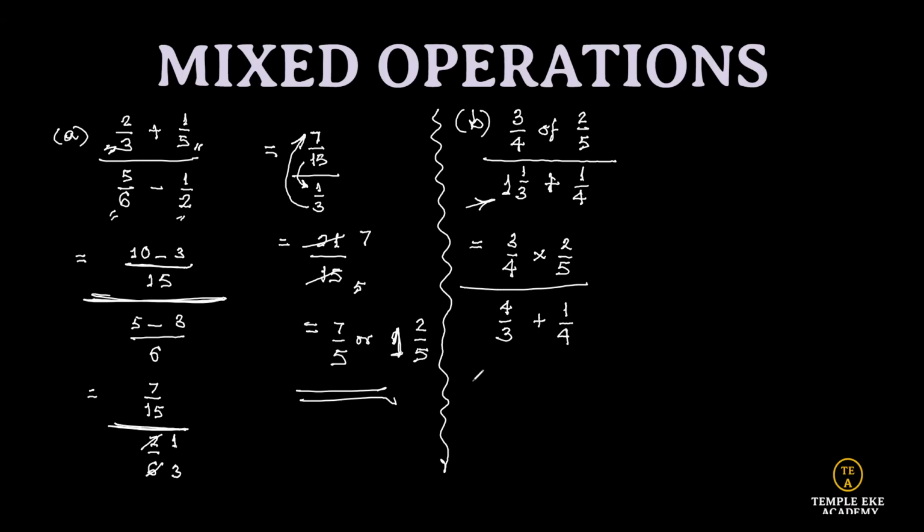And this is going to give us, let's tidy up this further. 2 can divide 4, and that's 2. So let's make it a single unit. 3 times 1, that's 3, over 2 times 5 up there, that's 10. And now,